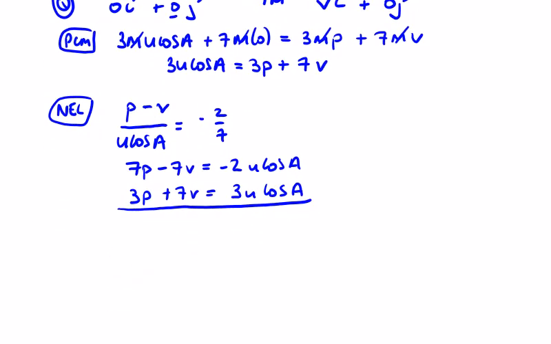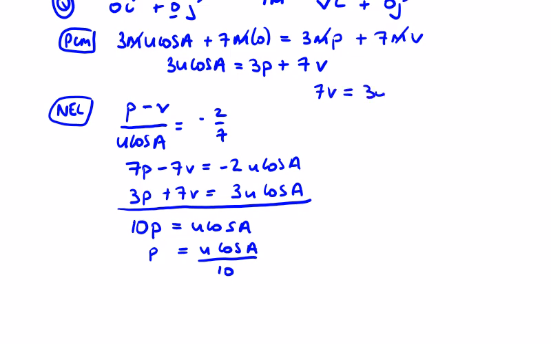Solving these, we're going to get 10p is equal to u cos alpha. So p is u cos alpha over 10, or a tenth of u cos alpha. Q, or v, actually we're dealing with v here. Do we have an equation for v? A simple one? We don't, so I'm going to have to say that